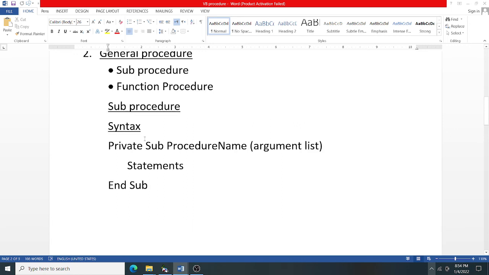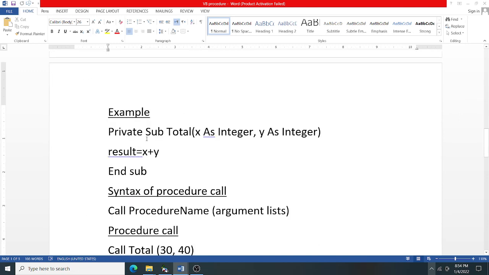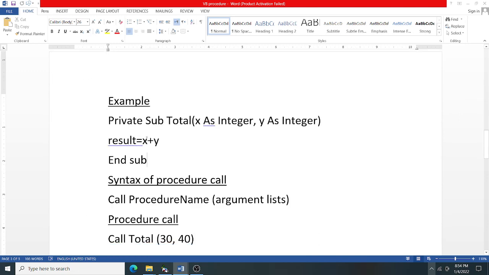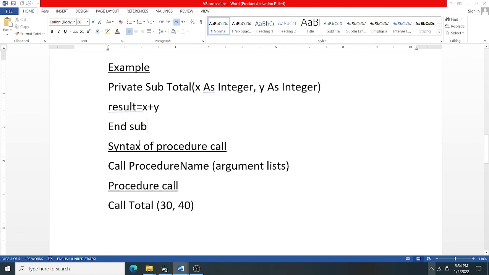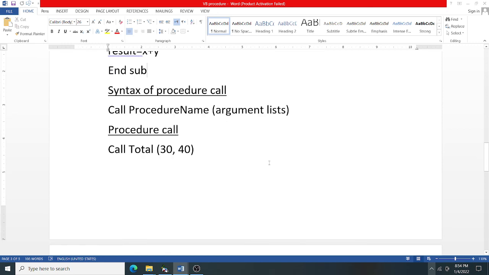Students, you just note down these notes. This full notes you have to note down. Okay, after that I can show you. So the next one is about the sub procedure. What is the syntax of procedure call? The syntax of your procedure call is, suppose, call total a comma b, as we have written there. I can directly write 30 comma 40. So what is the task of this total procedure? It will find the sum of two numbers. So call procedure name, then argument list. This is your procedure call.